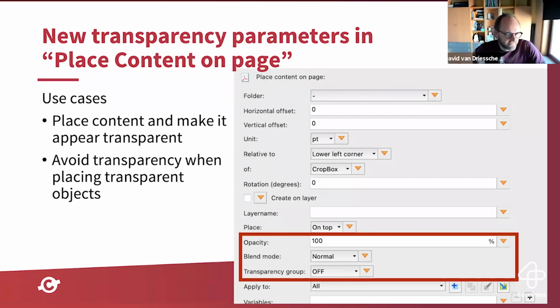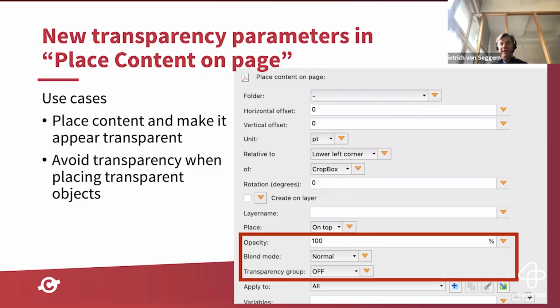The one easier to understand and more obvious, you could have some content and you want to place it in a transparent way. So instead of placing it opaque over your existing page content, you could say, okay, I want it to appear transparent so that the original PDF still shines through. But you could also use these new parameters to make sure that any transparency that is present in the content that you are placing does not interfere with what you have,